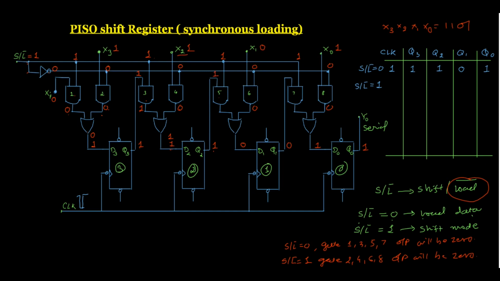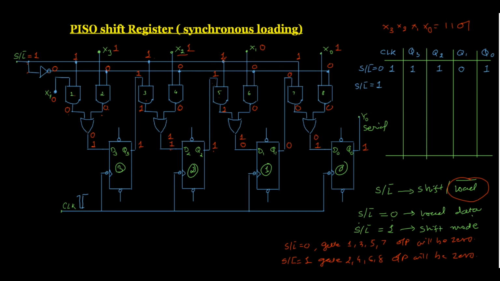Now 1, 1 input to this AND gate number 5. So the output of this AND gate 5 will be 1. And here we have 1, 0 input to this OR gate. So now the output of this OR gate will be a 1. Here the 0 appears. This 0, 1, so output of this AND gate is 0. And 0, 0 input to this OR gate, so the output will be a 0.